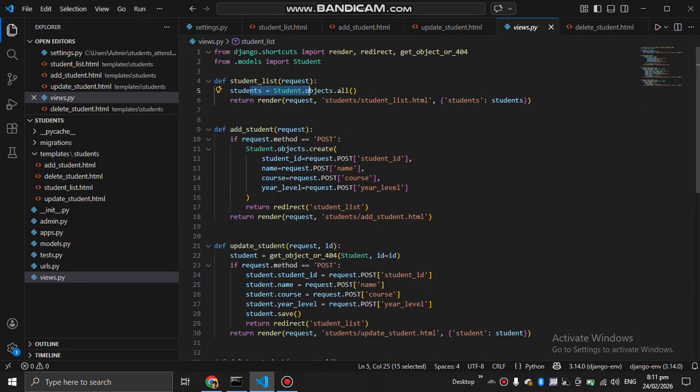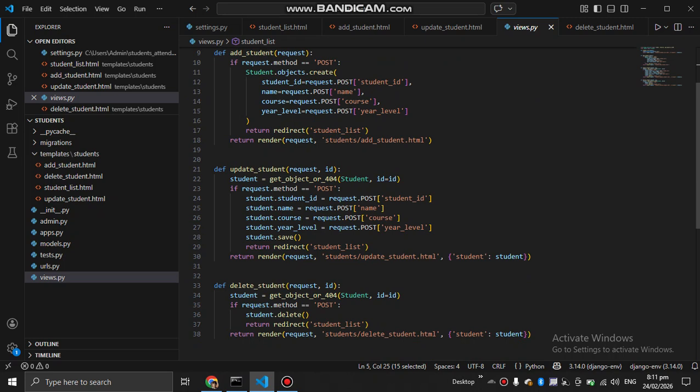Let's move to def add_student(request). If request.method is POST, it checks if the form was submitted. Then Student.objects.create creates a new student in the database using the data from the form.